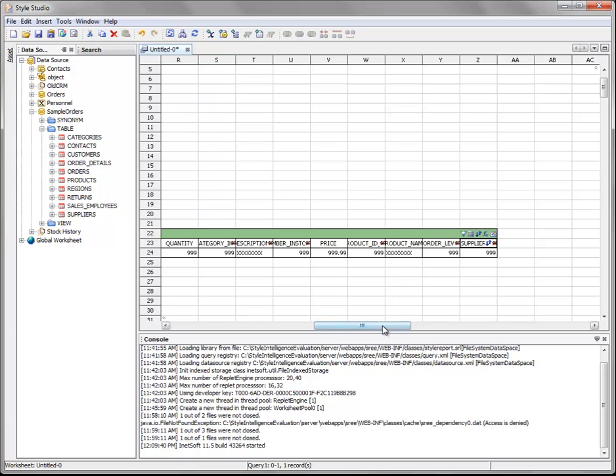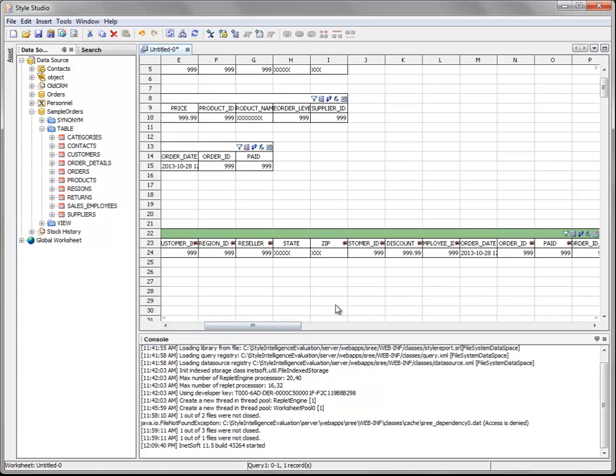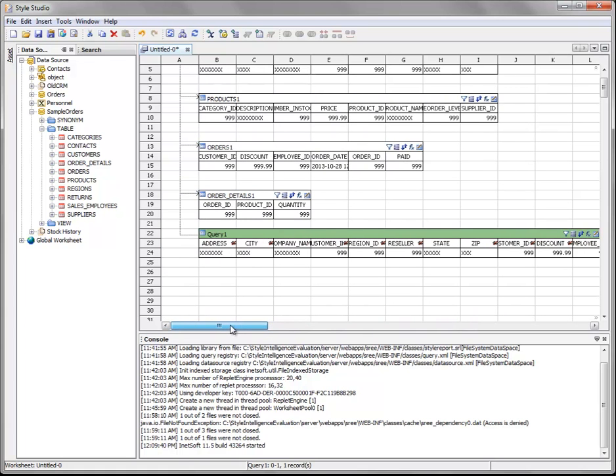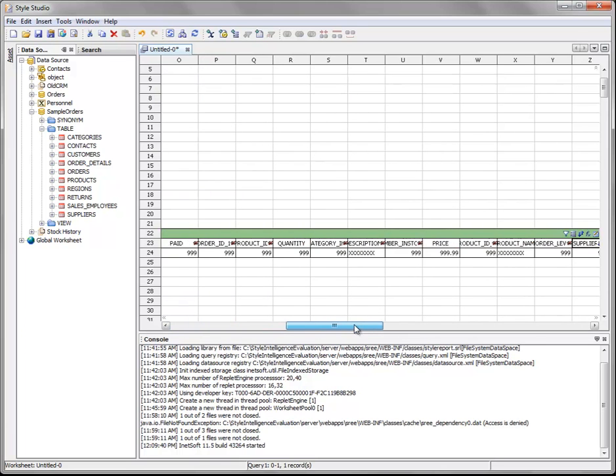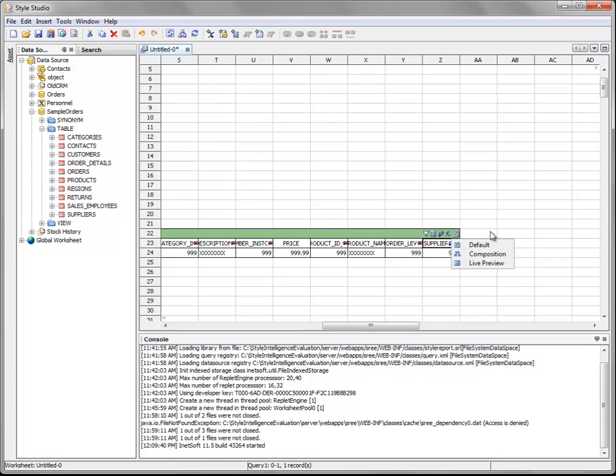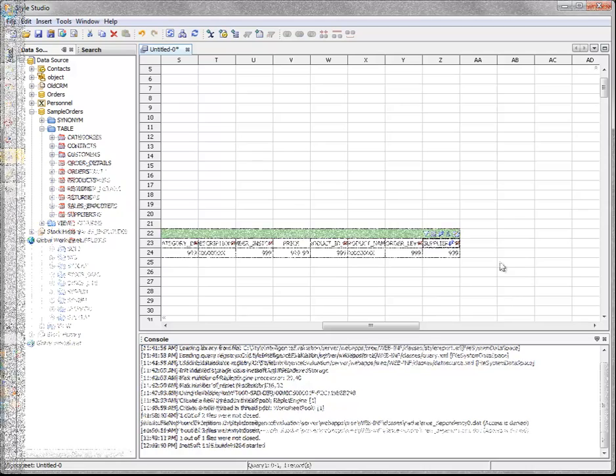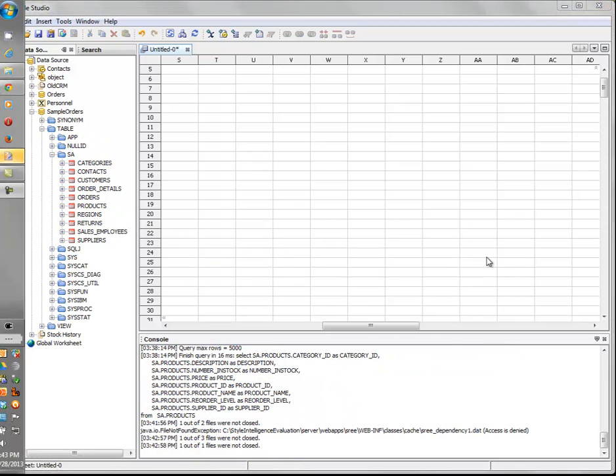So I've hidden a bunch of columns. Now, if I want to see what the final table will look like, obviously this view is still a little bit complex in that sense, because I'd have to look very closely to see what columns are going to be present in the final result. But what we can do is we can switch this table into yet another view, which is the live preview view. So if you click again on the rightmost button in the table and select live preview,